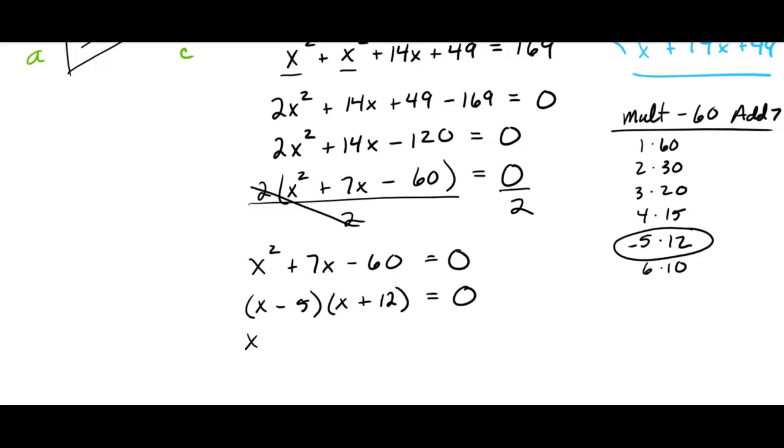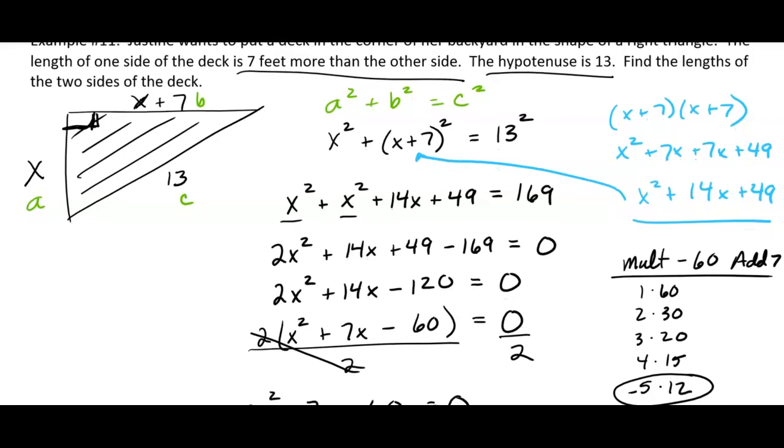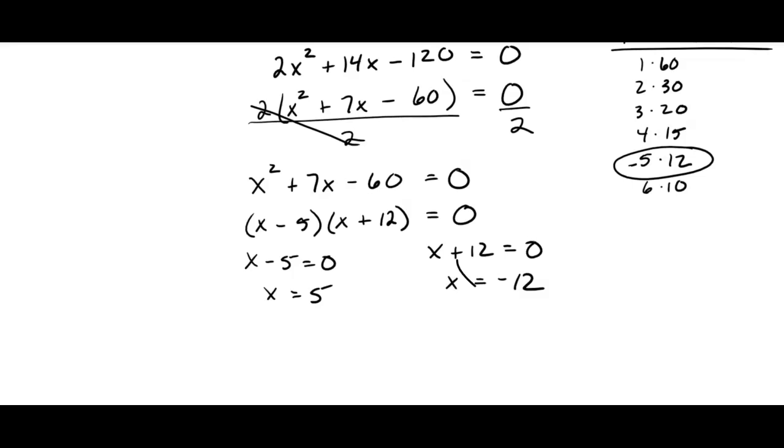So again, you can say, well, x minus 5 equals 0, or x equals 5. And the other one, you'd have x plus 12 equals 0, or x equals negative 12. But remember what x is. X is this side of the triangle, so it can't be negative. So we're going to throw this case out, and we'll stick with the 5. So one side of the deck is 5 feet, and the other side